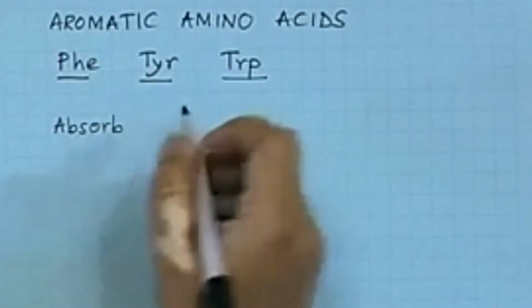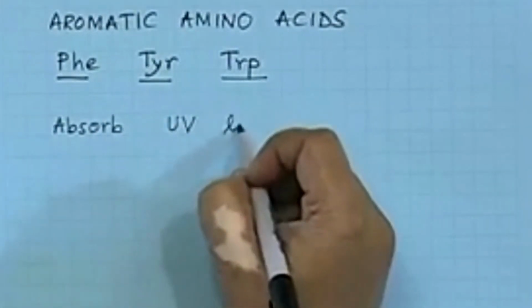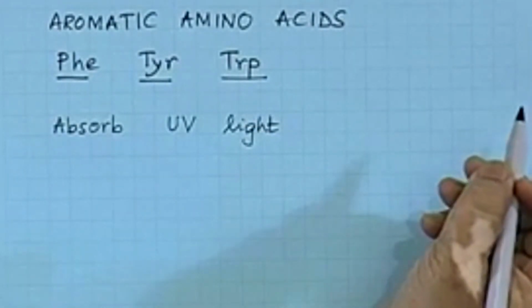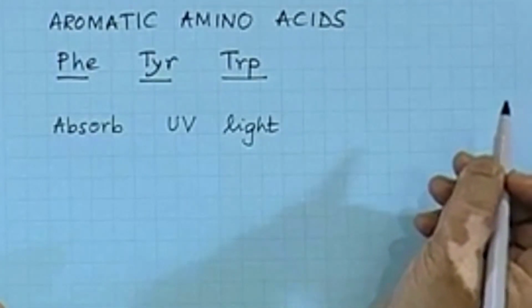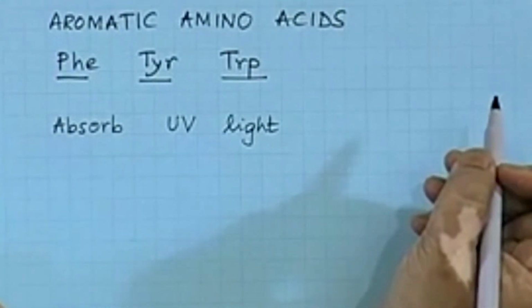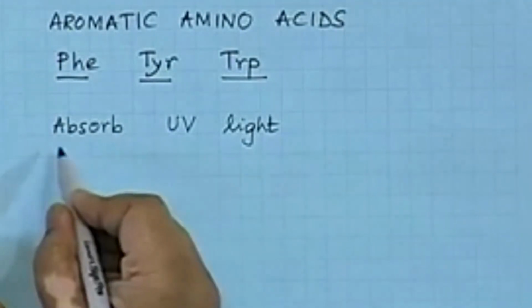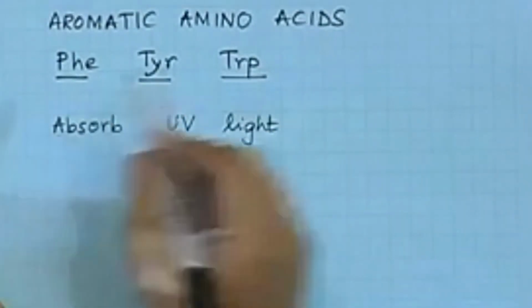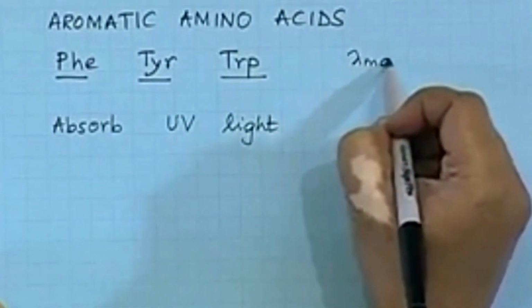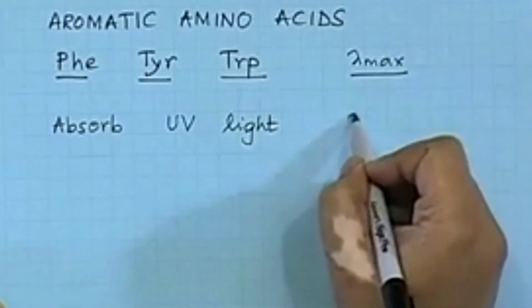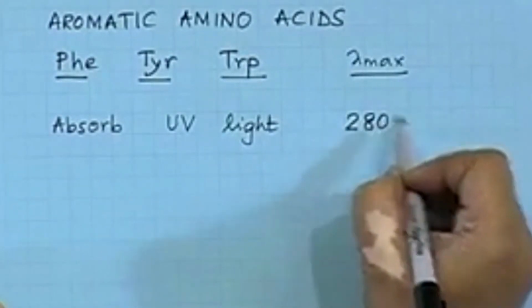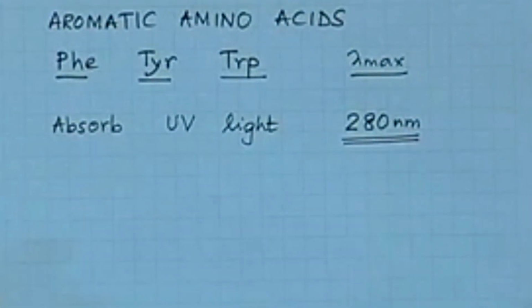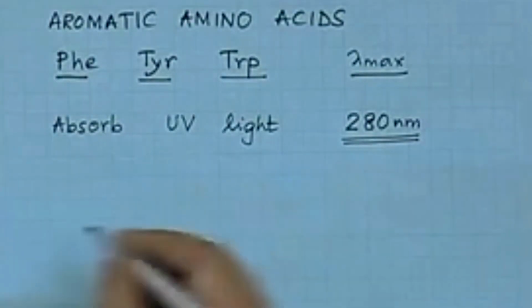They absorb ultraviolet light. So, their presence in proteins can actually be utilized in this fashion. What do we mean by that? They absorb UV light in the range, they have different lambda max values, but usually we look at 280 nanometers